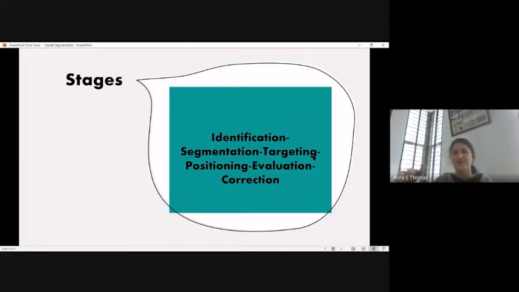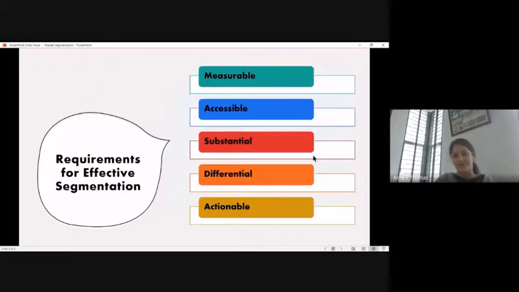And evaluation and correction is actually a feedback mechanism. You take the number of accounts created. If it is less, you will take measures to improve it, and you will go with a continuous process. So that's about the stages of market segmentation. And the last part we would be discussing in today's class is the requirements of effective segmentation. Now, one is that it should be measurable,